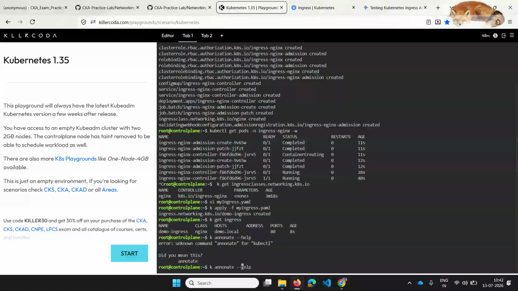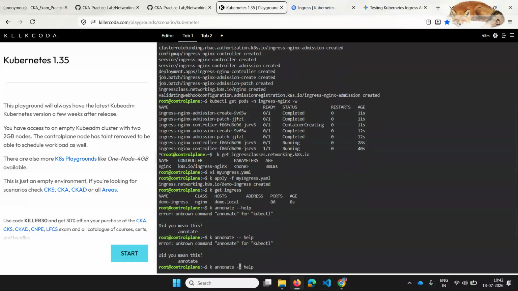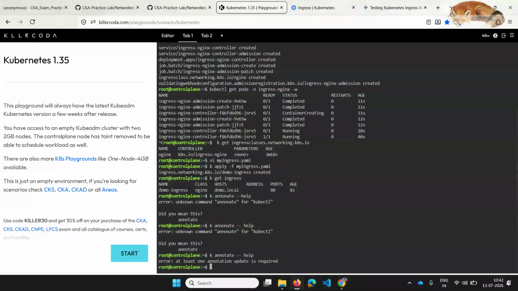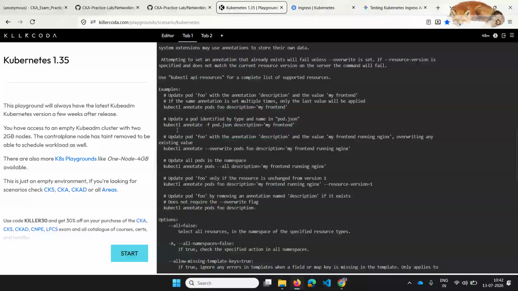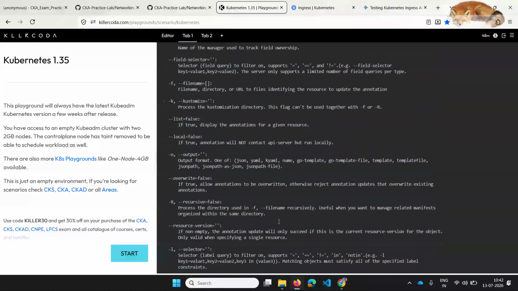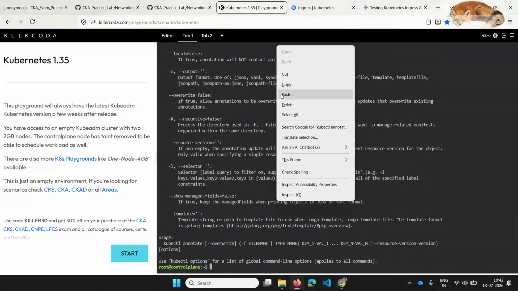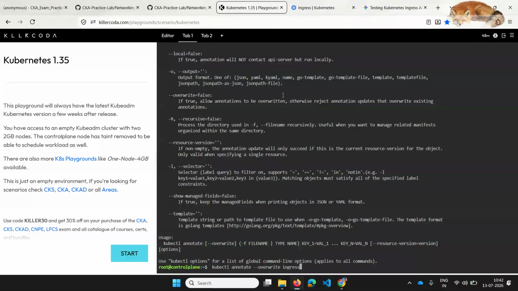Annotate. Okay, so this is the example, and you can use k annotate of what you are trying to annotate, which is ingress, and the ingress name, and you can view the description. So what I'll do is add --overwrite, and I'll give the name of my ingress.